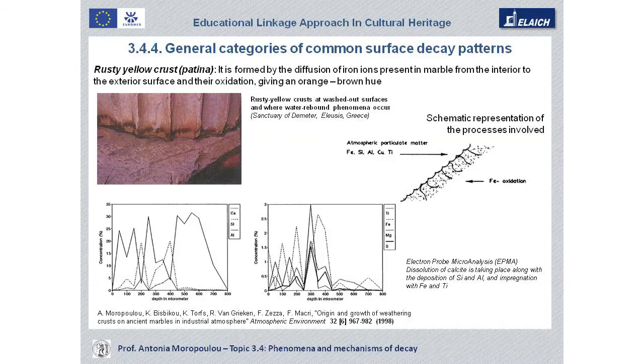In the case that we have rusty yellow patinas, the same phenomenon occurs, but including, instead of other amorphous materials, the attack of various metals like ferrous and ferric oxides, aluminum, cuprum, titanium, and others, which are impregnating the marble surface and which are giving the rusty yellow color to the